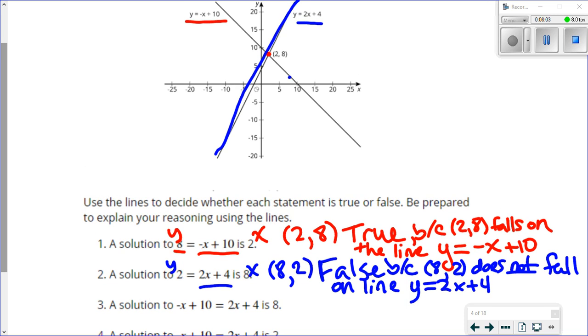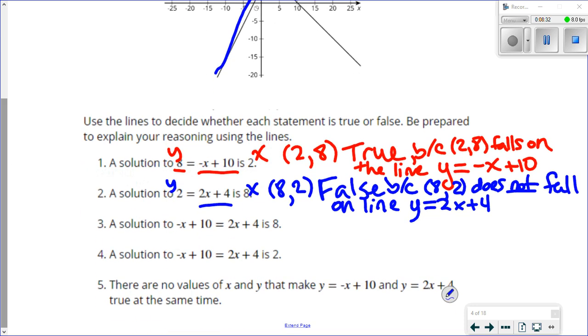If I look at when x is 8, we said that holds true on one line, but that doesn't hold true for the blue line. So for question 3, I would have to say that it's false. In order to find a point that holds true for both lines, we should be looking for the point of intersection, which this point here clearly is not. So here I'd have to say false,